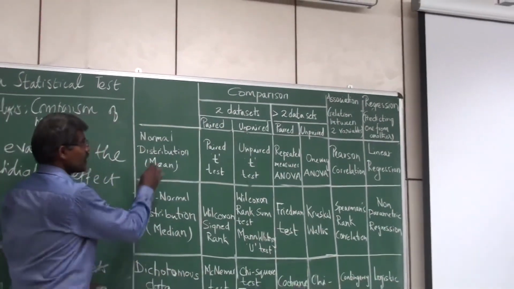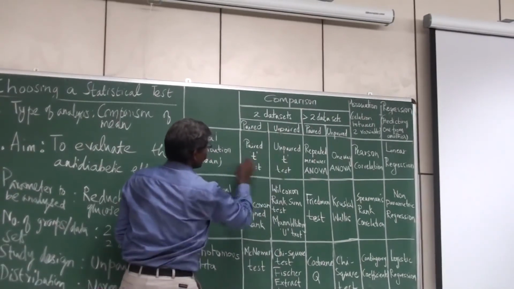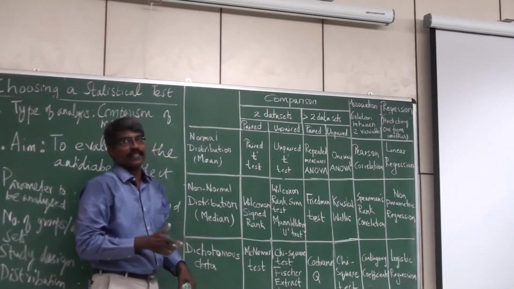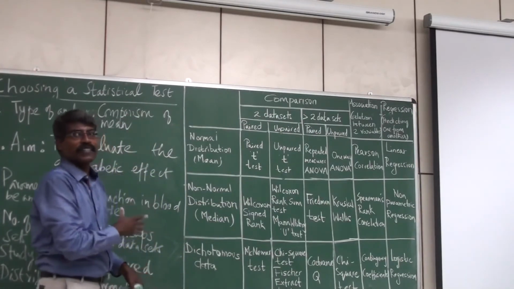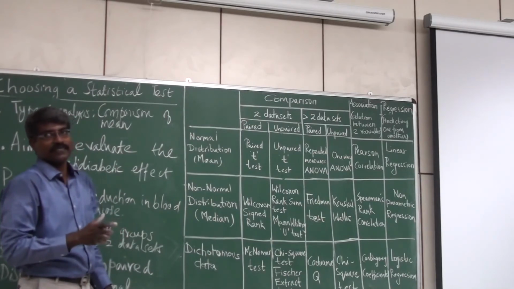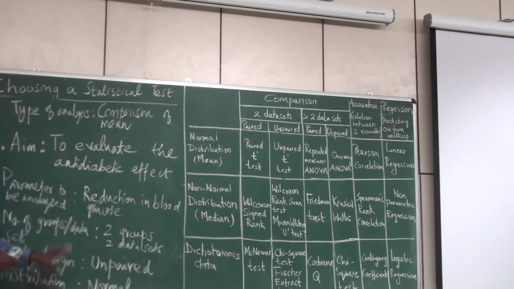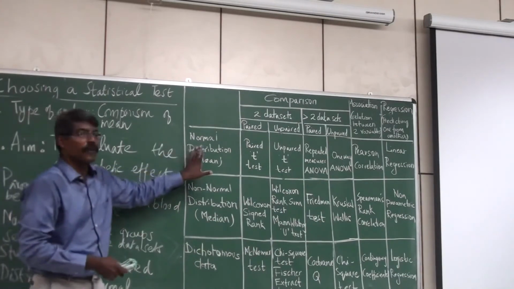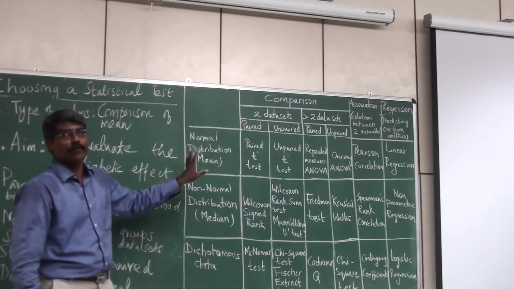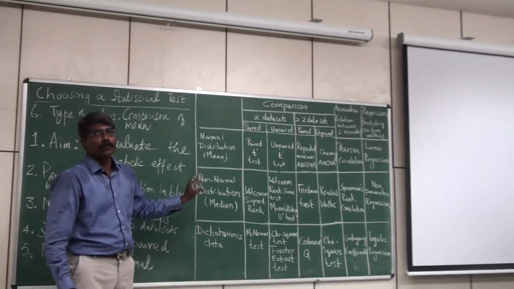Now draw an imaginary line connecting the row you fixed and the column you fixed. You end up in a test called unpaired t-test. So for this particular scenario, the test to be used is unpaired t-test. Are we clear? If you follow all these 6 steps properly and use this table for any type of scenario, you can very confidently and very easily find out which statistical test you should use for analysis of data.